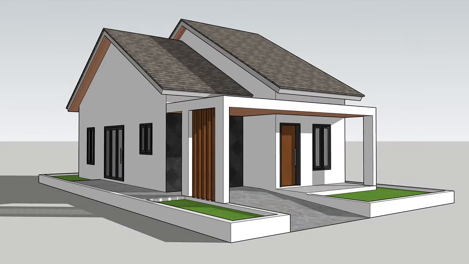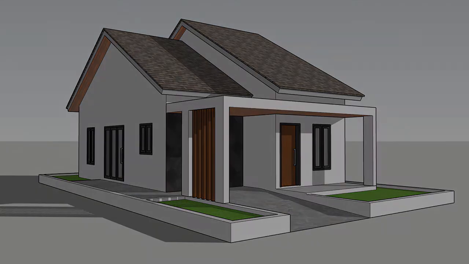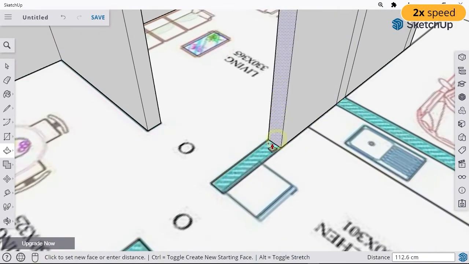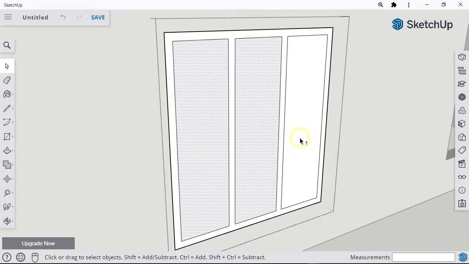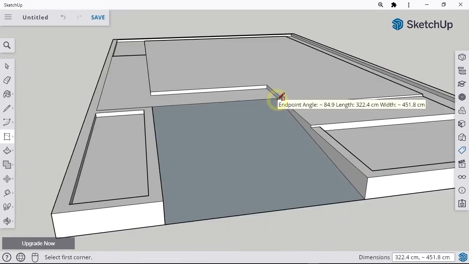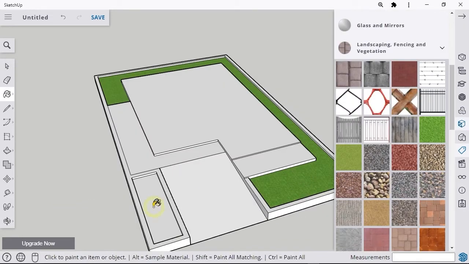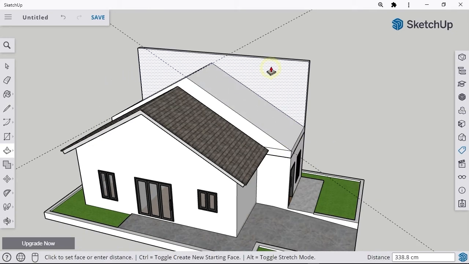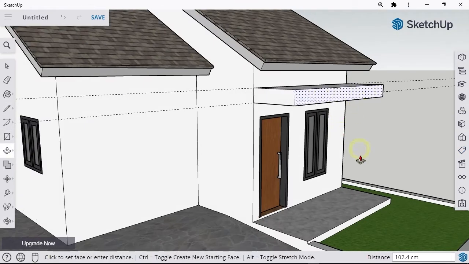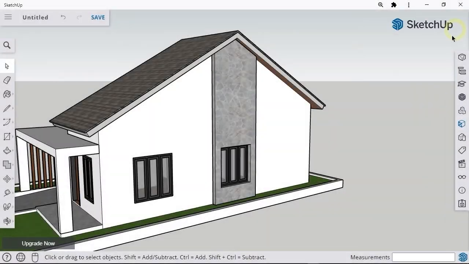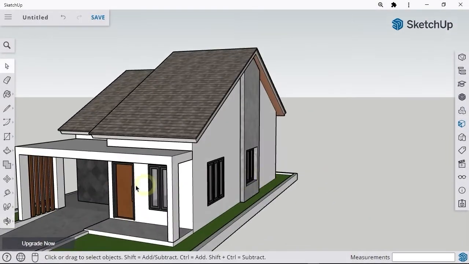In the last chapter, chapter 9, we will create the final project, which is a house. We'll start by importing the reference image, then model the walls, add windows and doors, then create the floor, the surrounding area, and also the carport. We will create the roof, which will be a double stacking type, then make a large canopy that covers the terrace and carport area. Finally, we'll add ornaments for the house facade. This is the final result.